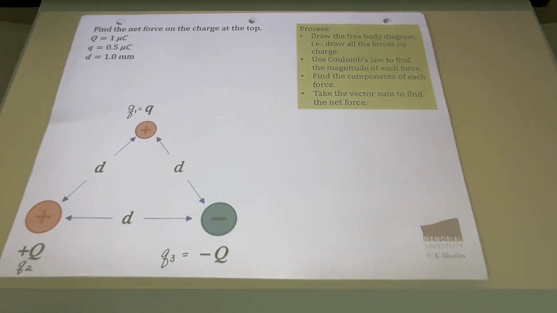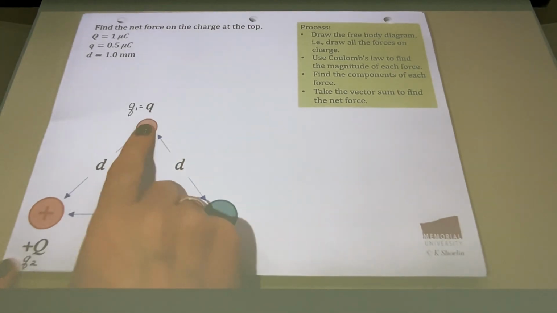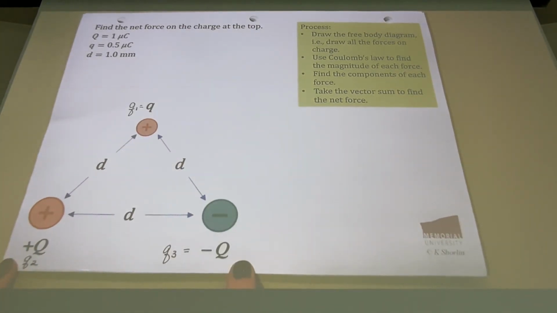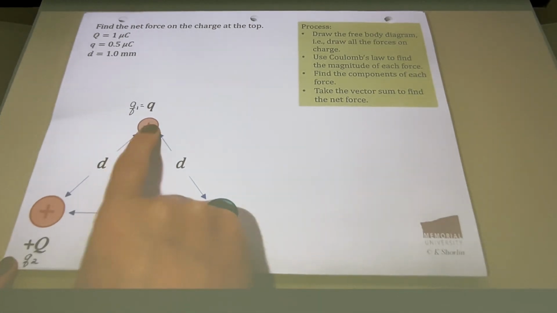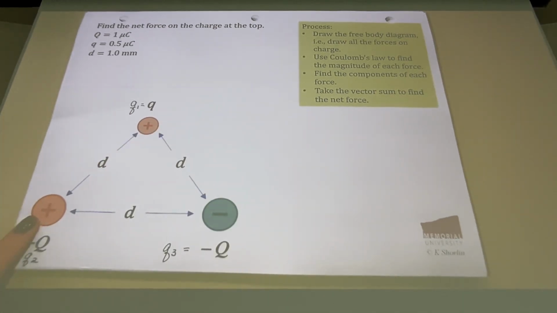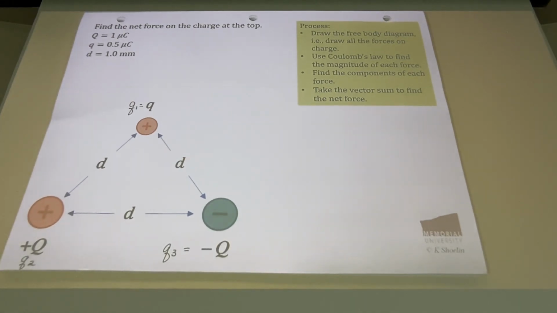Okay, I think that was probably enough time for everybody to sketch out their answers. While you were drawing yours, I've gone ahead and labeled the charges 1, 2, and 3. That's just to make it easier for me to label my forces. So the top is charge 1, the lower left is charge 2, and the lower right is Q3. So if I want to find the